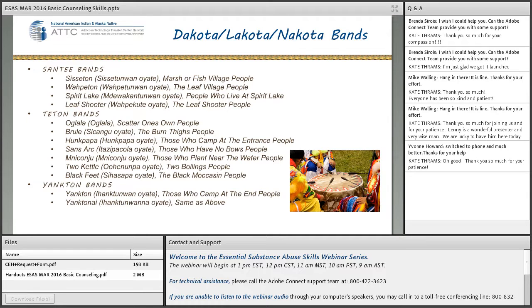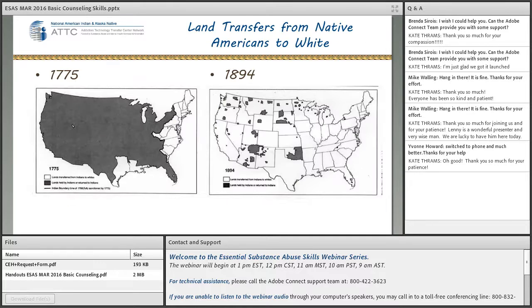I'm Dakota, and I'm from the Sisseton Wahpeton Oyate. These are the different bands that are part of the Dakota, Lakota, and Nakota bands. When we talk about land transfers,